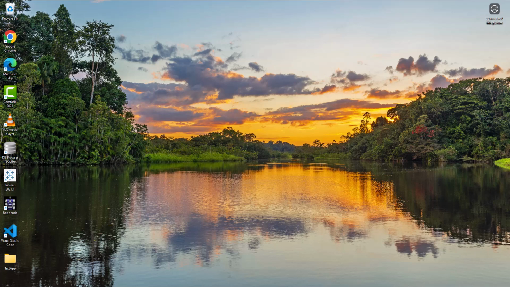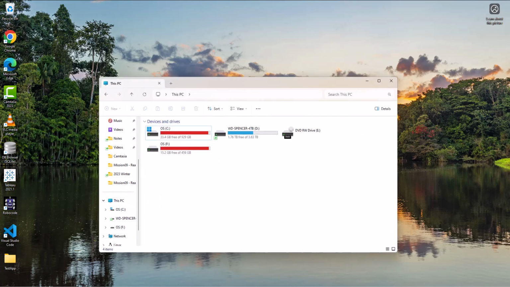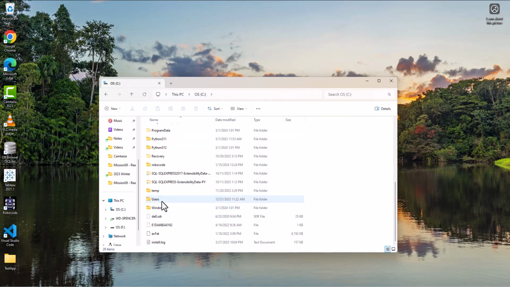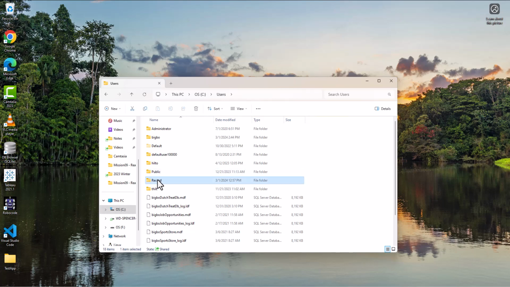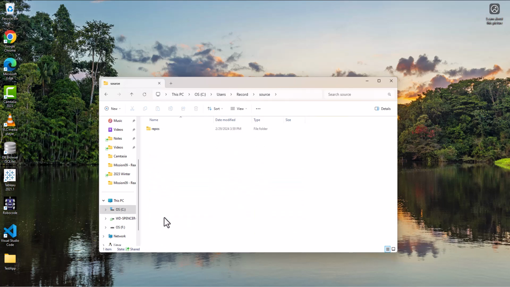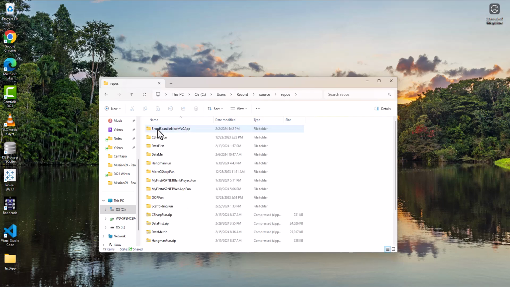So let's start by building a folder that we're going to work out of. I'm going to come into my C drive this time. I obviously need to buy a new drive. Too many dang videos is the problem. So C drive, and then to the users folder, and then to your username, and then in the source folder, this is where our .NET projects are, repos, and then in here I'm going to create a new